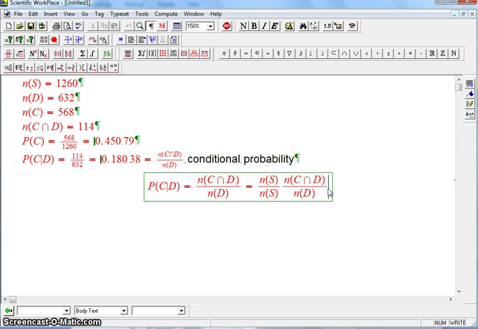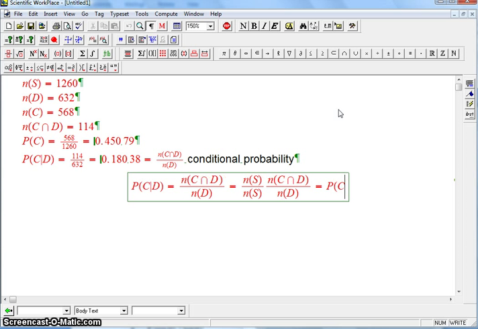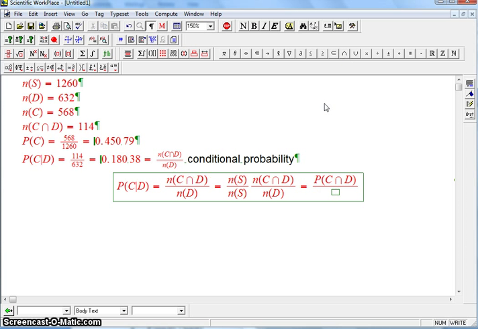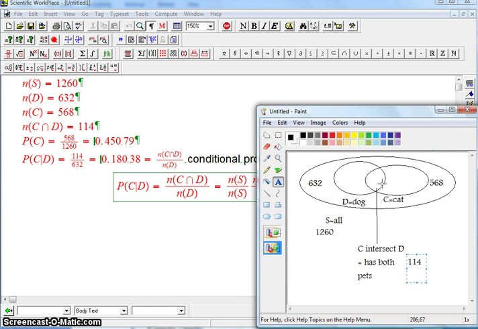Okay. And so that's going to be, but look at what I've got. If I pair these two together, that's the probability of C intersect D. And that's divided by, well, let's see, n of S over n of D. That's the reciprocal of n of D over n of S, and that's 1 over the probability of D. So it makes a lot of sense. What you do is you compare, you say, how likely is it that I have both a cat and a dog? Just straight up, no condition about it. How likely is it that I get in this set, but as a proportion of the probability of getting in